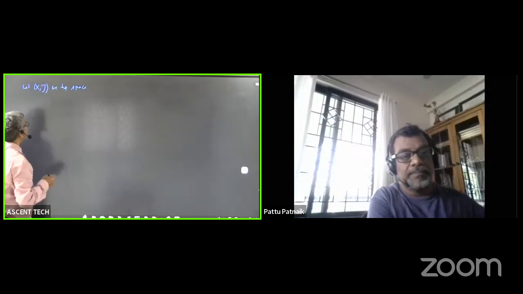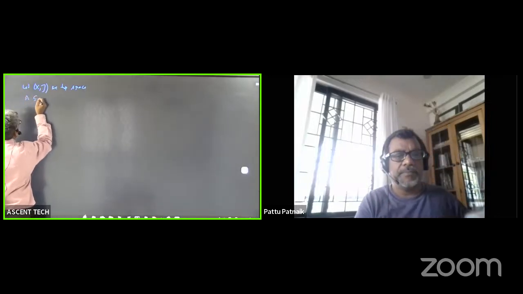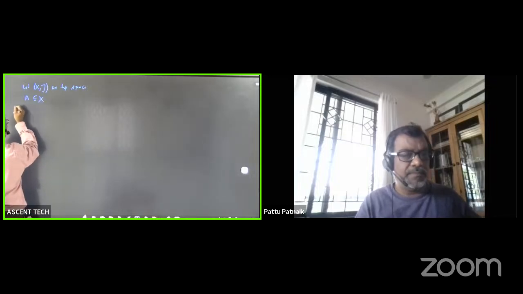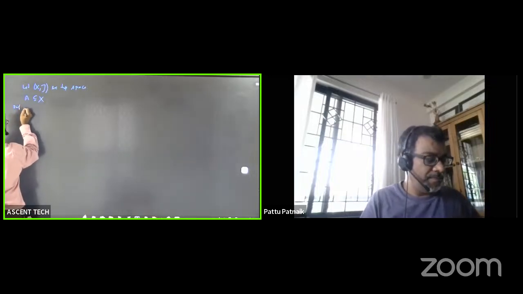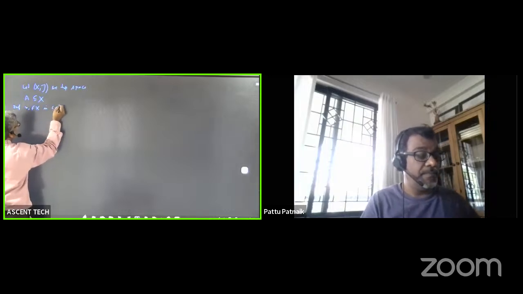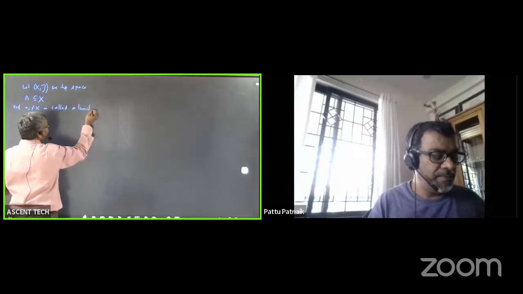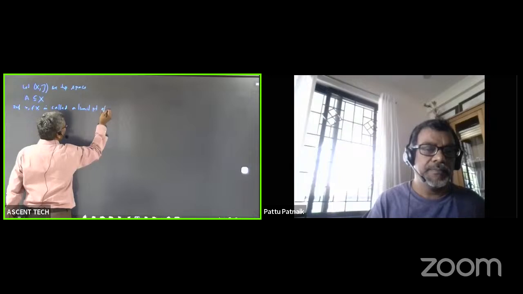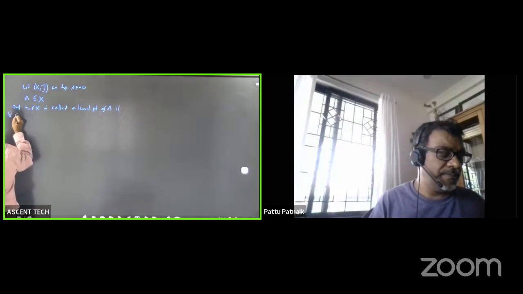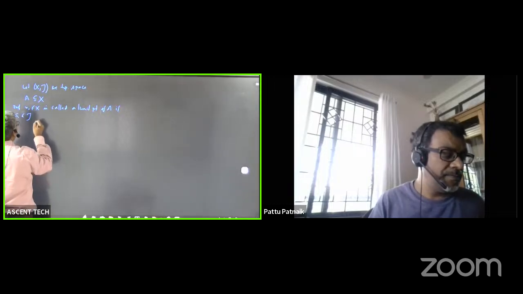Let A be a subset of X. We define what I mean by a limit point of this. The definition: x naught in X is called a limit point, or limiting point, of A if for every open set G containing x naught,